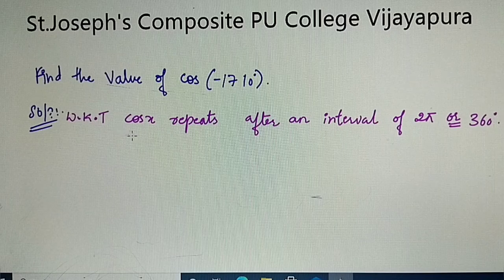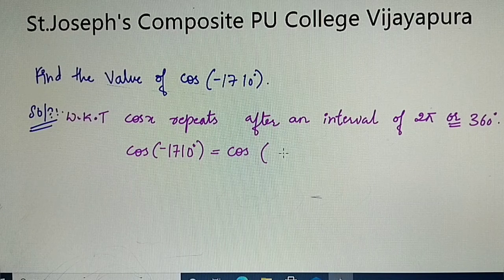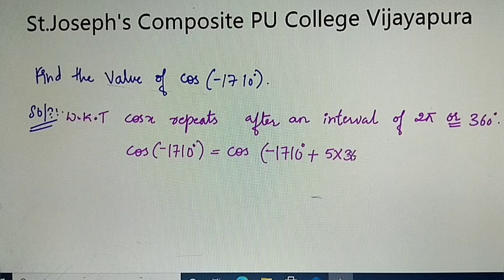So we can write cos of minus 1710 degree as cos of minus 1710 degree plus 5 into 360, because when you are adding 2n pi, it will never affect,